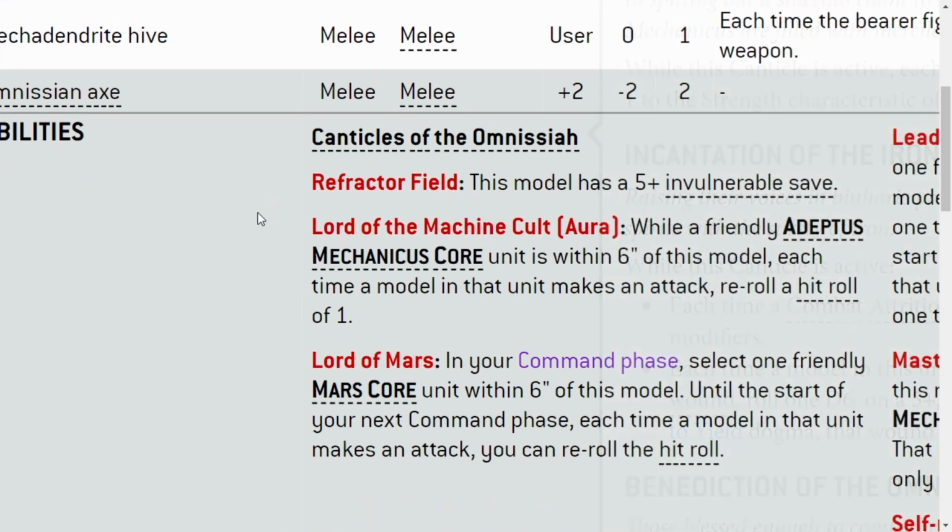So now we get into his abilities. He's got a 5-up invulnerable save. Lord of the Machine Cult gives any Adeptus Mechanicus core unit within 6 inches of this model a reroll hit rolls of 1. Lord of Mars, you choose a core unit within 6 inches of this model, and you can reroll all misses, which is quite nice